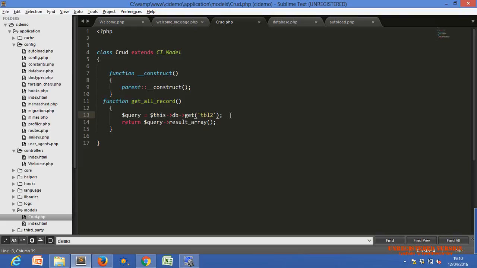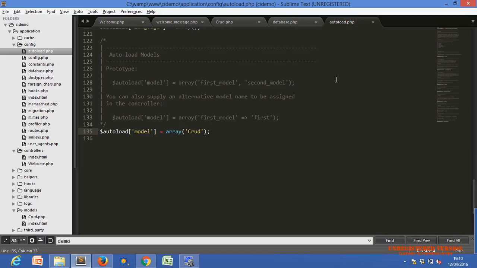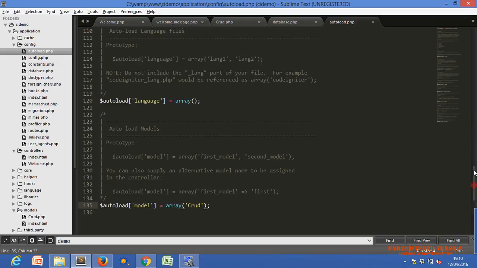So in CodeIgniter also there is a database related library. We have just used it here in the autoload.